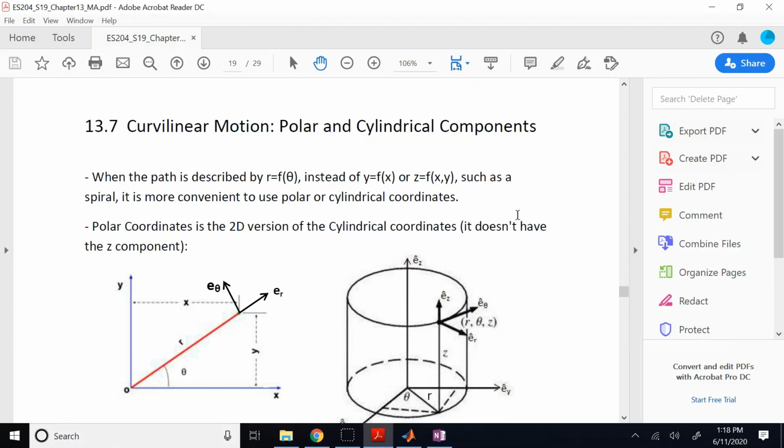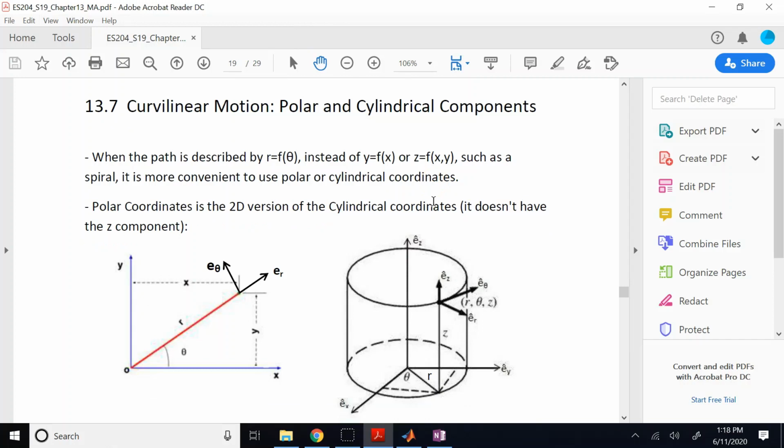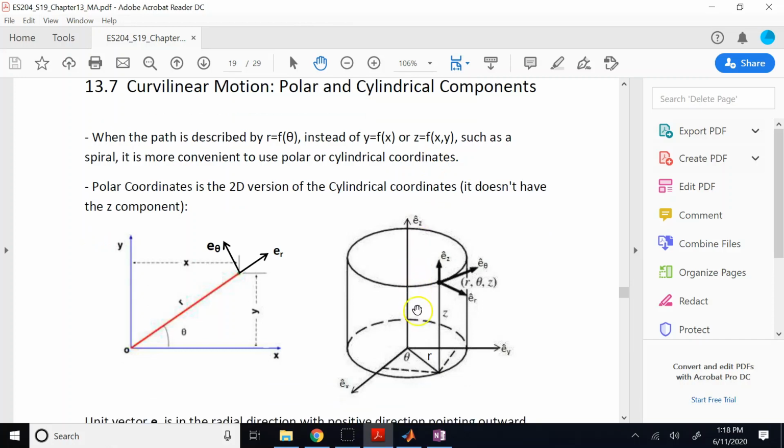As you remember from your math courses, in cylindrical coordinates, the position of the particle is described by three coordinates, two of which are distances, lengths, and one of them is an angle. So if you project the position vector of the particle on the z-axis and also on the xy plane,